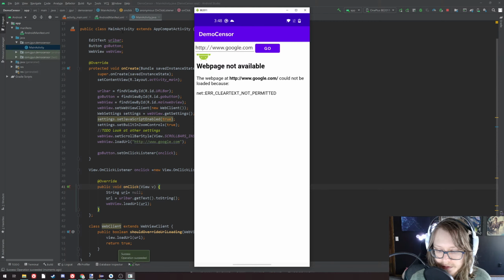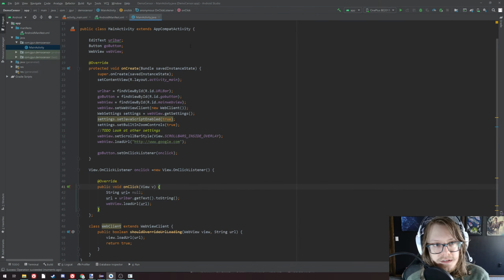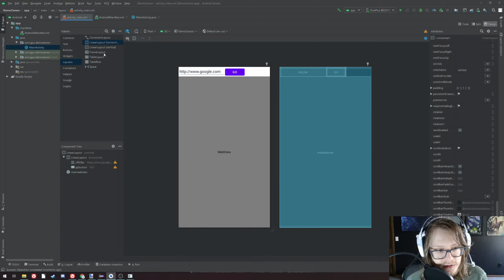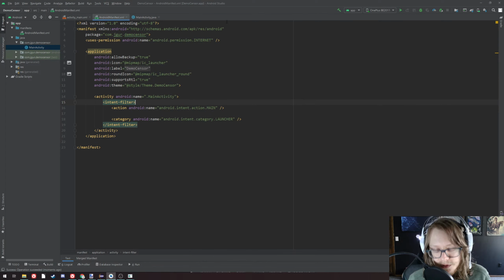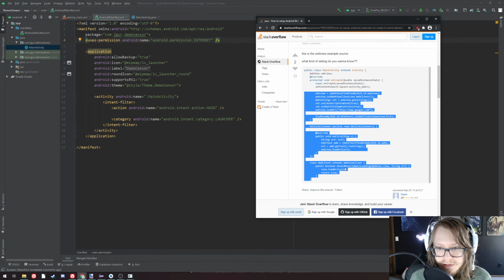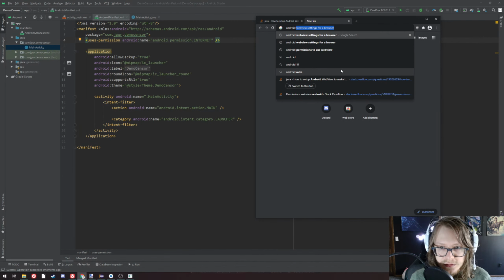Clear text not permitted. See, I knew I needed other permissions. So I'm not allowed to send HTTP in the clear. That's a separate permission too. So a while ago, I don't remember what version it was, but Google decided that sending any kind of unencrypted traffic, so basic TCP, UDP, or HTTP, which is funny because obviously with TCP and UDP you could encrypt them yourself, but Google can't know that. So they decided that any traffic that could be unencrypted requires a special permission, and that permission is considered relatively dangerous, so it's kind of hard to get yourself in the store and to stay on it